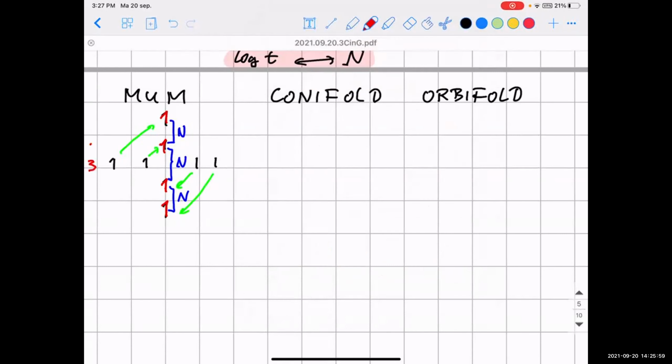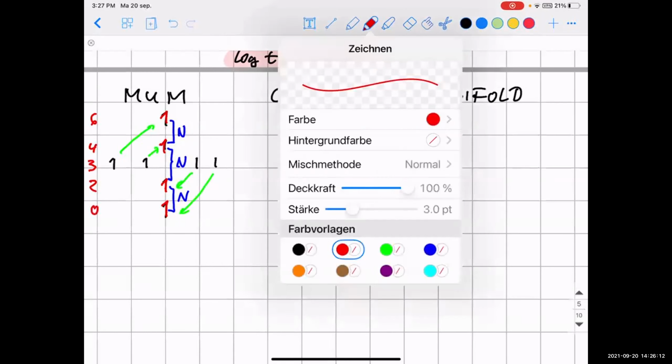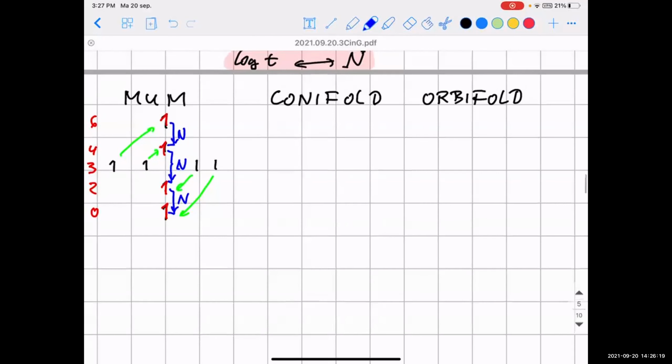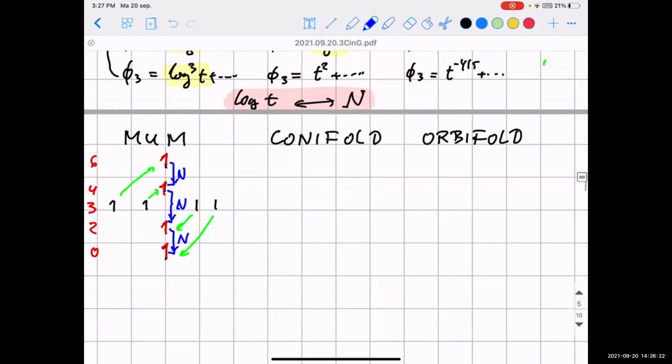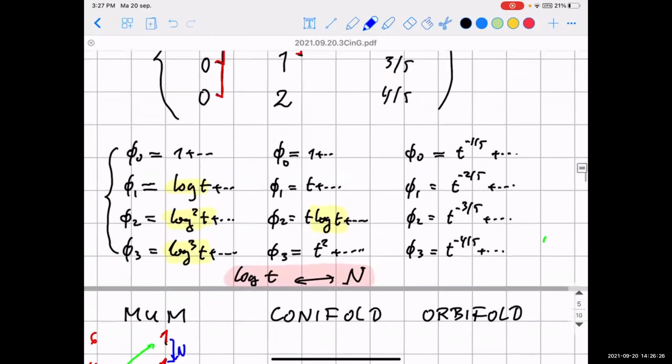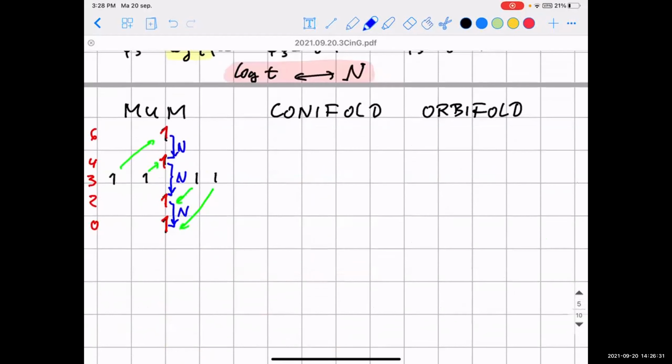But now we get weight 4 and weight 6 and weight 2 and weight 0. And the N is moving downwards. So this is this Jordan structure. And you see very clearly that it is a complete reflection of these solutions, but you can also see it in the Riemann symbol. And the same for the conifold point,